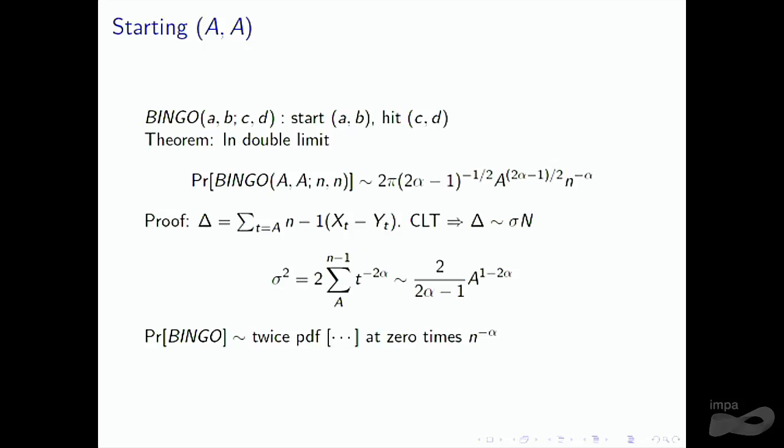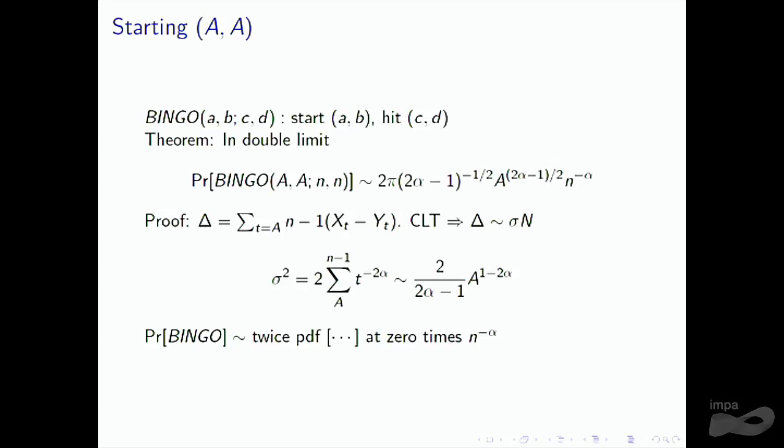So like this number beta that we got, we don't know a closed form. Maybe someone here can find one, some kind of algebraic combinatorics. But we couldn't find a closed form. But when you look at the double limit, now you do have the central limit theorem, and you get that delta is asymptotically normal, and this is the variance. And so the probability of bingo, again,